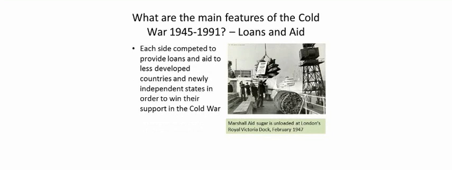One final area where there's competition is loans and aid. It becomes very clear after World War II that there's a number of countries which don't necessarily want to pick a side, or if they were going to pick a side, they could go either way, including Britain. Britain has a socialist government and is very broke. They might go neutral, maybe even sympathetic to the communists. How do you get support and allegiance? You give them loads of loans, in inverted commas. Many of these loans, you don't have to pay back soon or ever. And what this does is give loads of money to these countries and makes them more sympathetic.